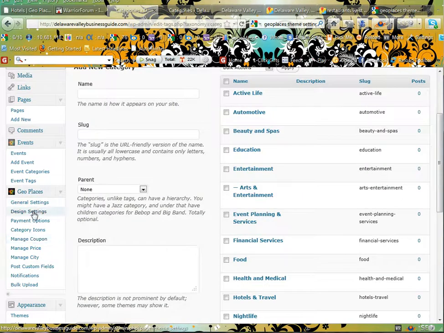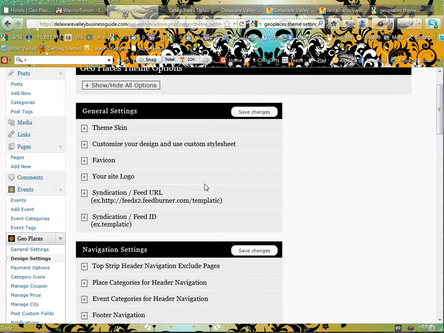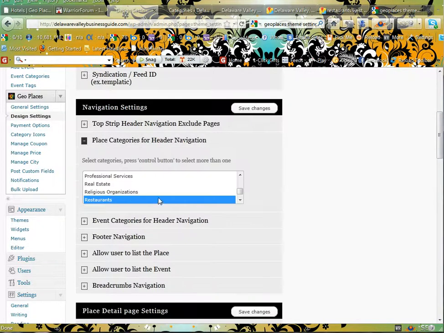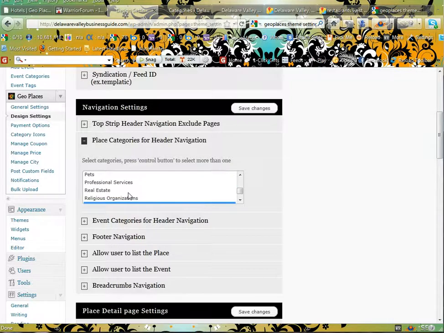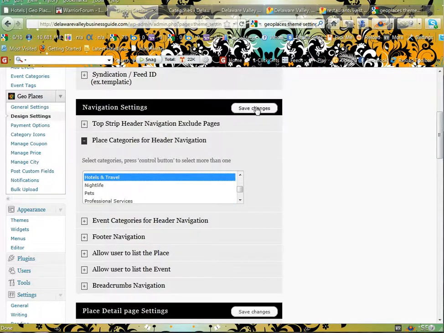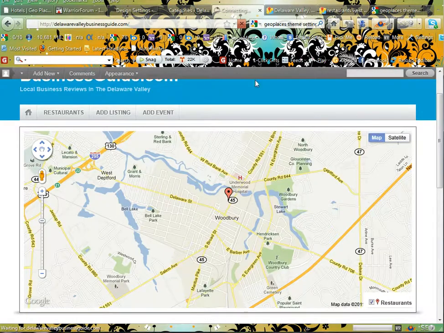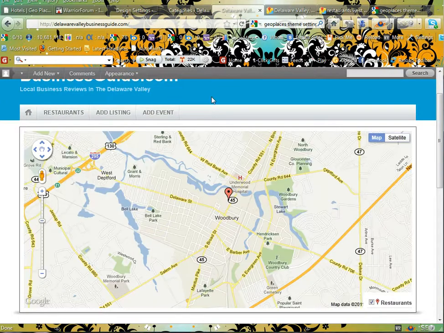in the geoplaces design settings. So click on design settings and you want to look for the navigation settings, and you want place categories for header navigation. So at the moment I've just selected restaurants because that's the only one that's actually populated, but you could also pick shopping and hotels. Okay, now because we haven't actually got any listings in those categories, they won't appear on the menu until you